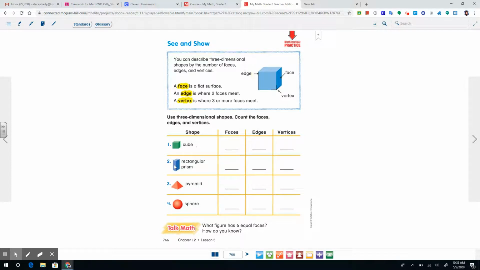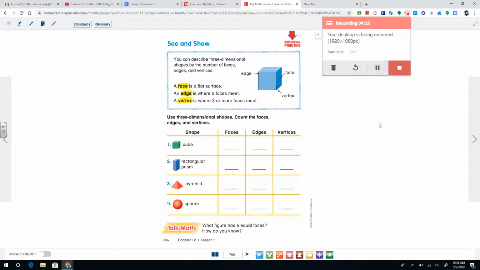The pyramid is a little different because on the pyramid the bottom face is going to be a square. It's tough to see, but it is a square at the bottom on a pyramid. And then we've got our triangles on each side. And then our sphere is a different kind of shape too, because our sphere doesn't have any faces. There are no flat faces, there are no edges, and there are no vertices. The pyramid is the trickiest one, and I'm going to show you that in a video so you can actually see me count it because that one's a little bit trickier, and we'll take a look at that. But right now, what we're going to do is go ahead and show the answers so